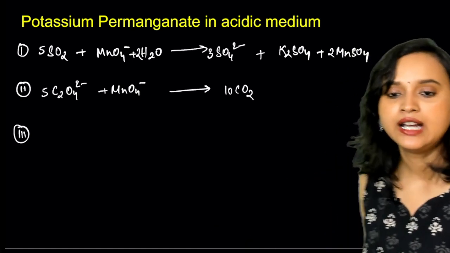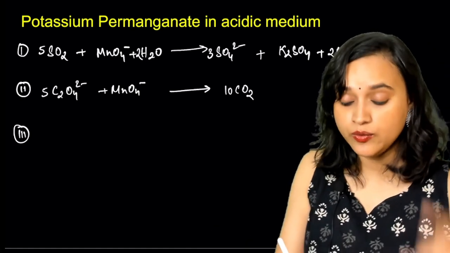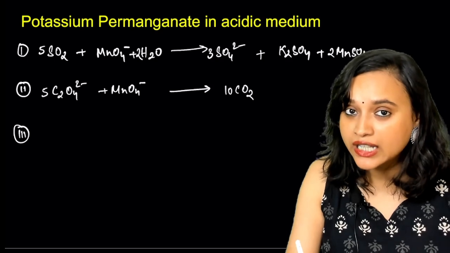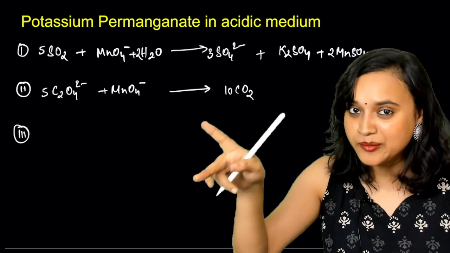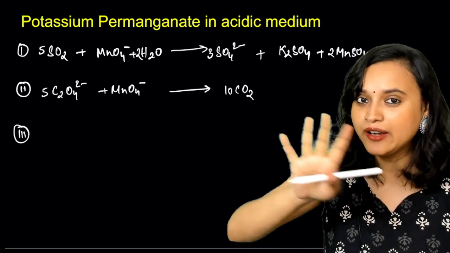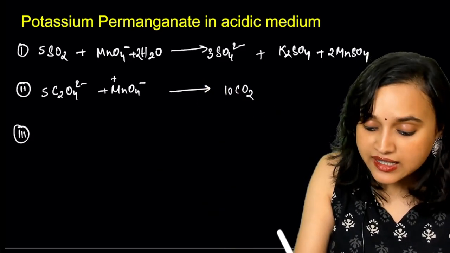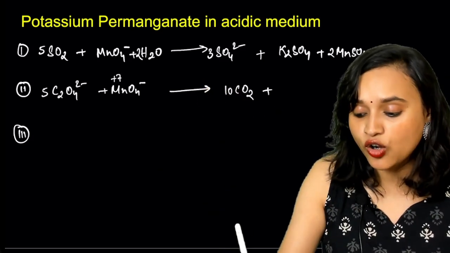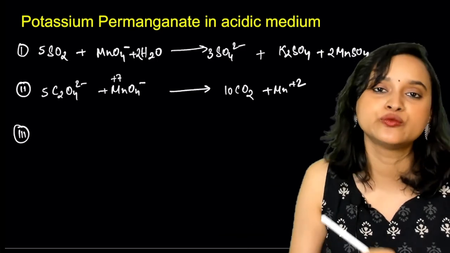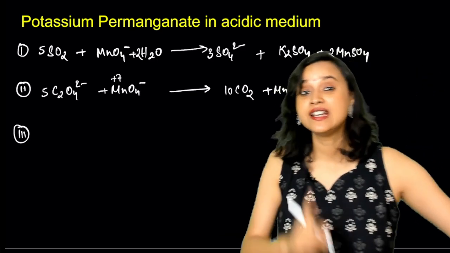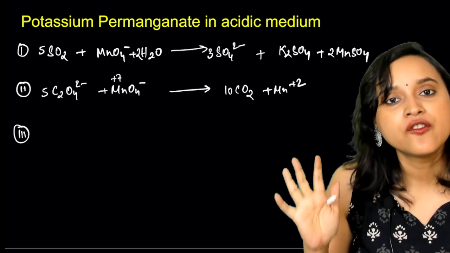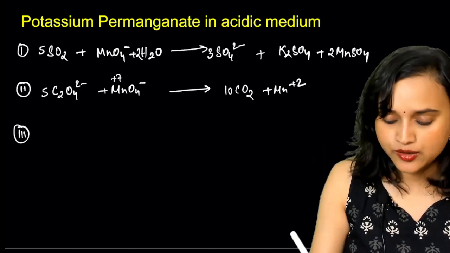Next, everyone. Also remember always that if this is your MnO4 minus here, the difference in acidic medium is, as you know, band 153. So if it is MnO4 minus, that means this is in +7 oxidation state. It will only go to Mn plus 2, because the difference in the electrons is going to be 5, everybody. Remember this, okay?